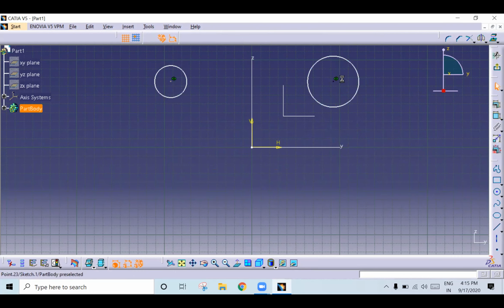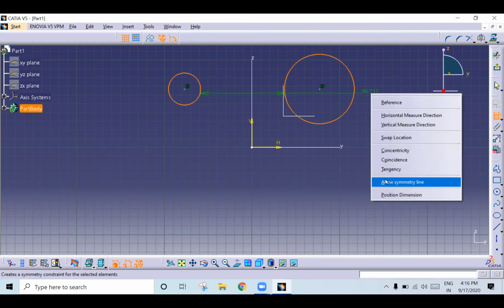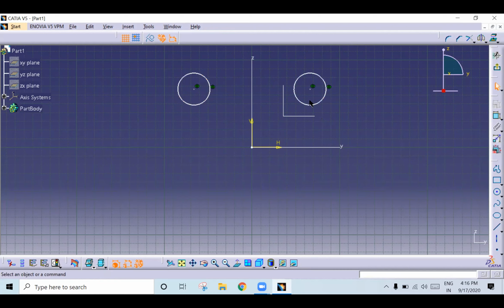This is a geometrical relation, a geometrical constraint. Suppose you want to make these two circles symmetric about the vertical axis, select them, right click, Allow Symmetry, vertical axis. Now if you change the radius, the other will also change. Okay. Yes, sir. Okay, next.